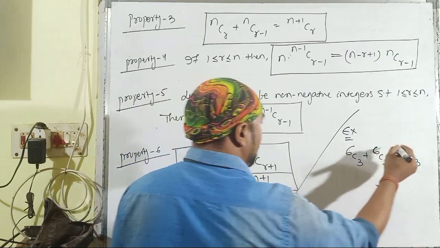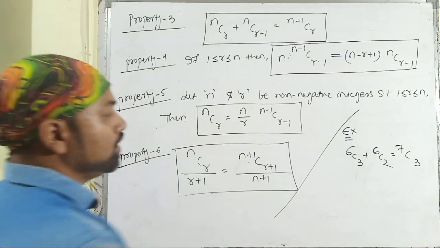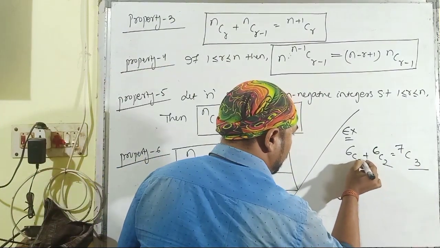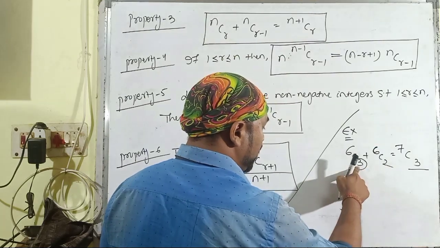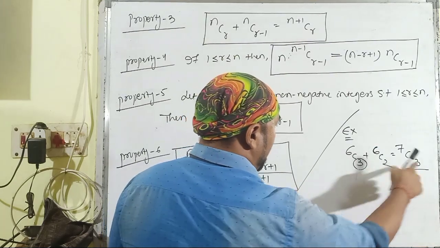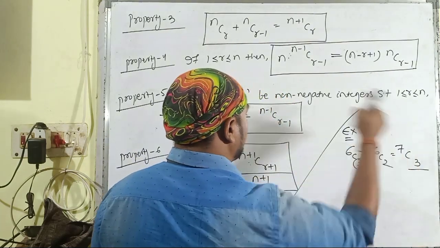Both of them are equal, that means this will be equal to 7C3. This is the resultant here. First of all you have to find out the greatest r value, because this is the value of r, this is the greatest value, and here you have to put 3, then you have to put the next value of r, 6, that means 7.